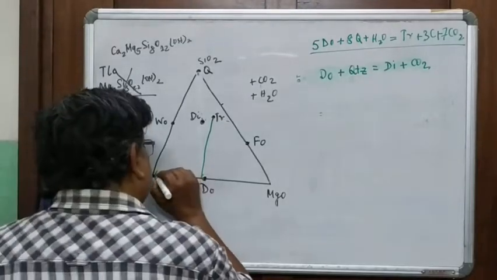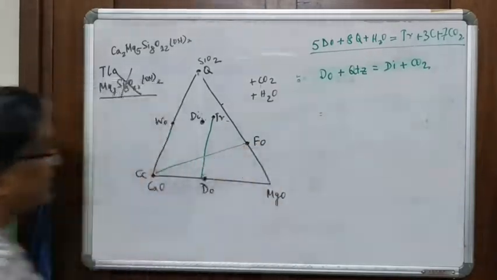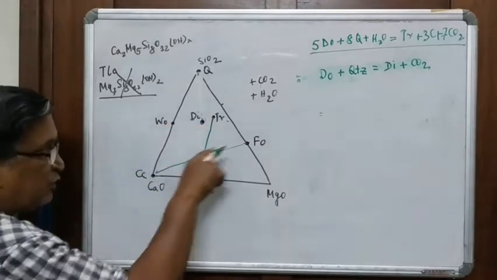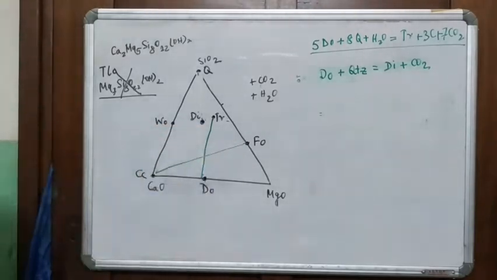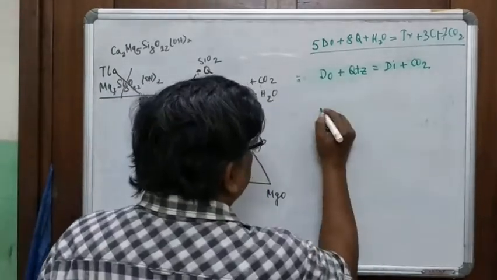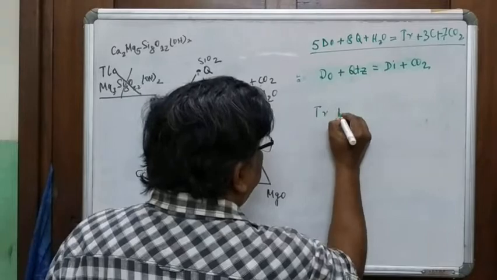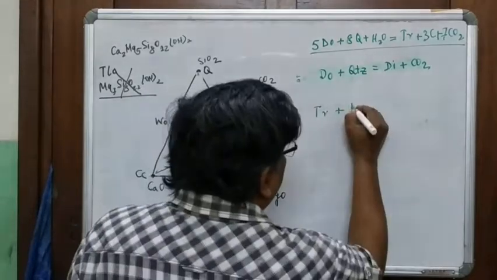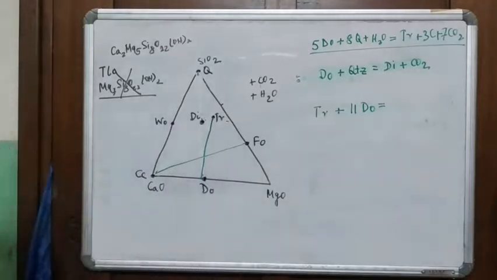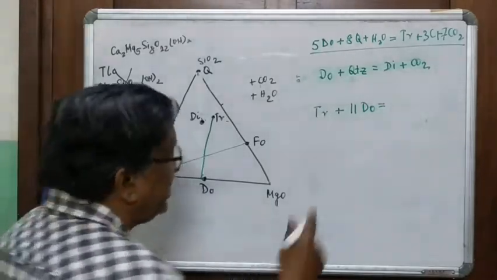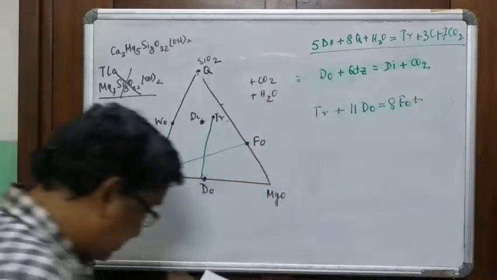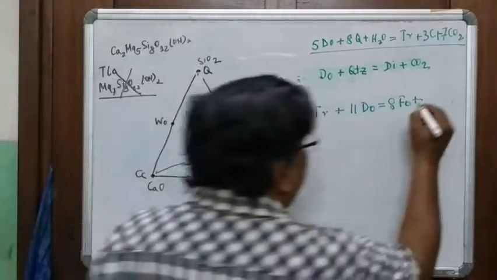You see that? So I have written this reaction. It is tremolite plus 11 dolomite. Please cross-check the coefficients when you are studying it. 8 forsterite plus 13 calcite